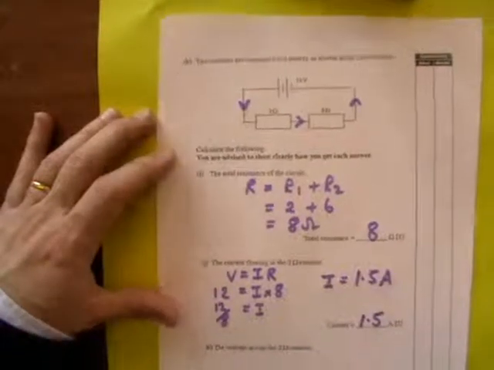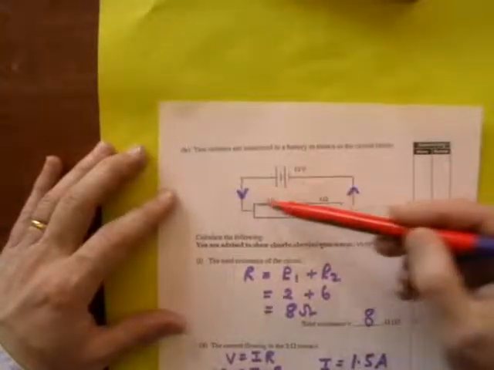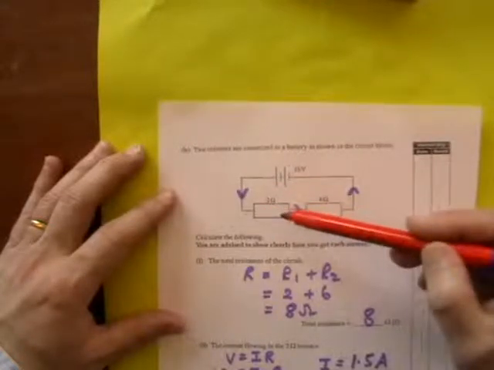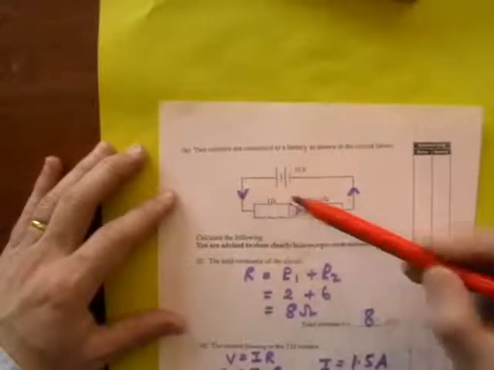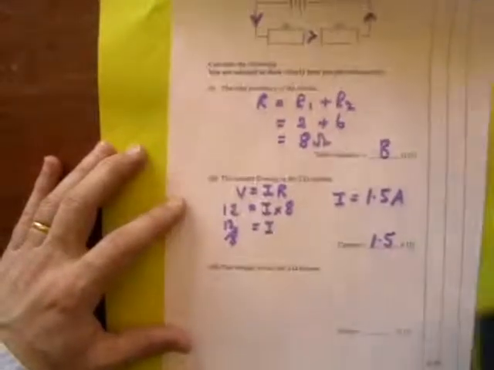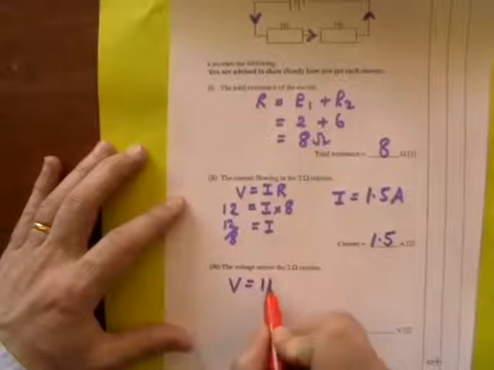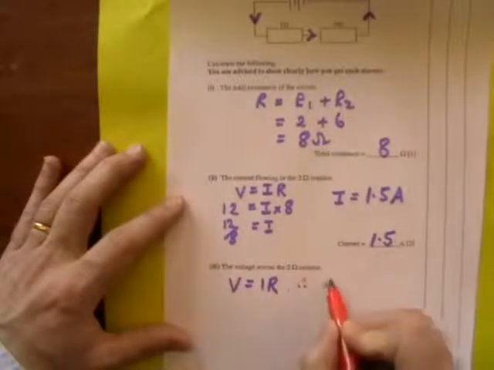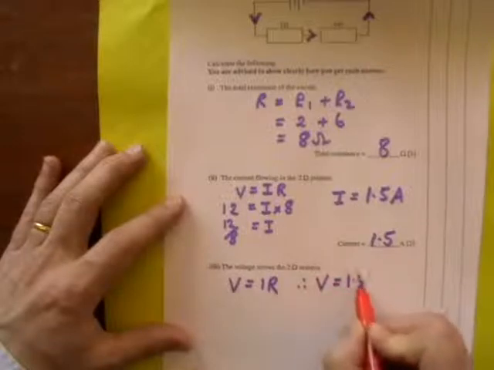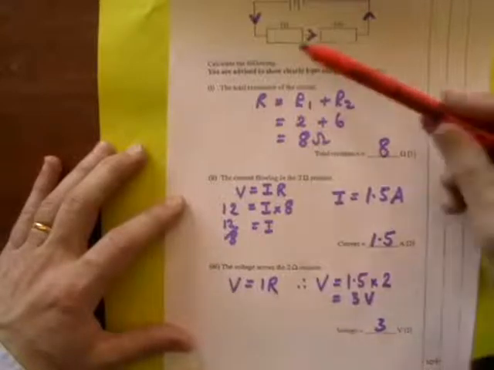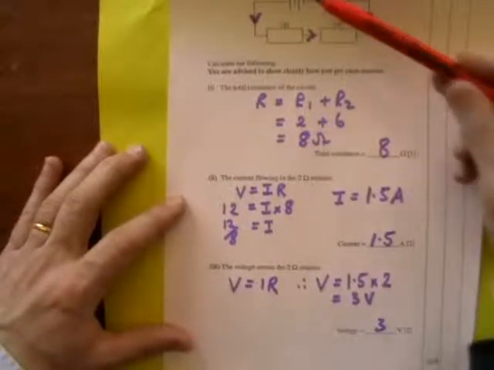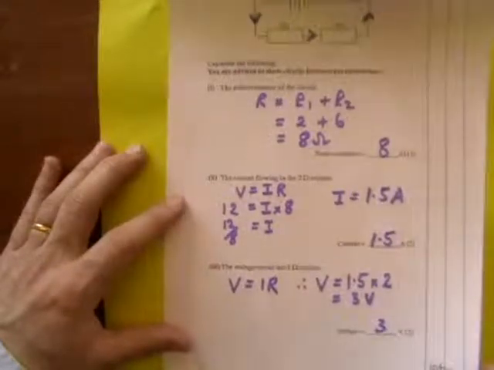Now we're asked to calculate the voltage across the 2 ohm resistor. So we're looking for the voltage across this 2 ohm resistor, and we're going to use the same equation, V equals IR, but this time we've got a resistance of 2 ohms. The current that goes through it is still 1.5, so V equals IR, therefore V is equal to 1.5 times 2, which is equal to 3 volts. So the voltage across that is 3 volts. That would mean that there would be 9 volts across the 6 ohm resistor to give us 12 volts total. Okay, now